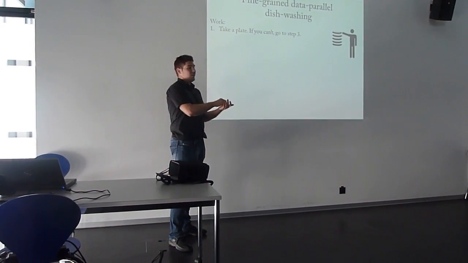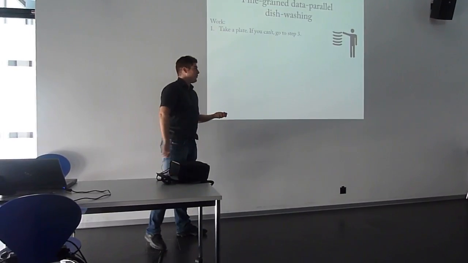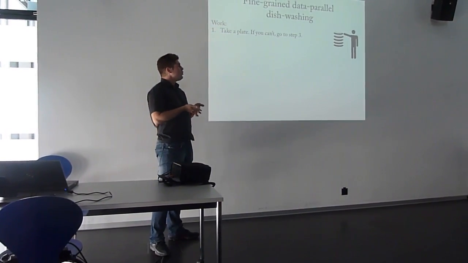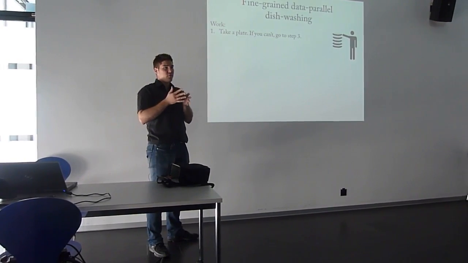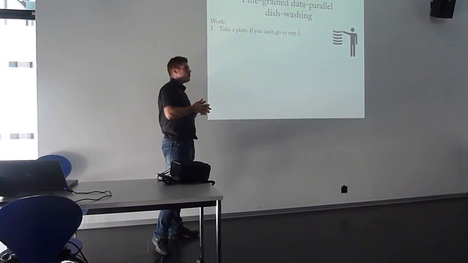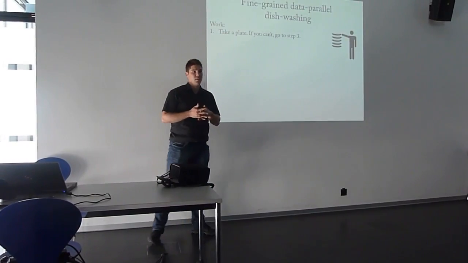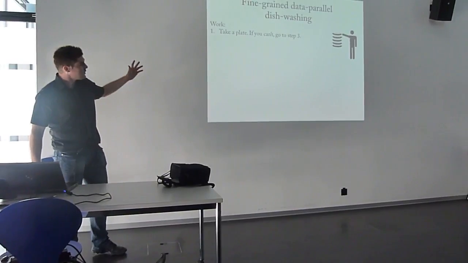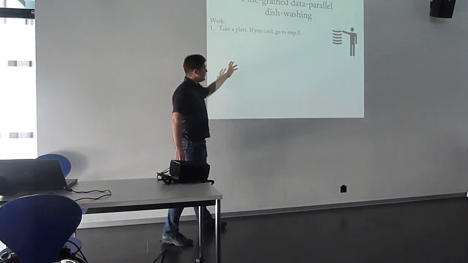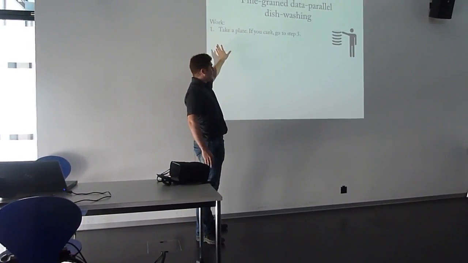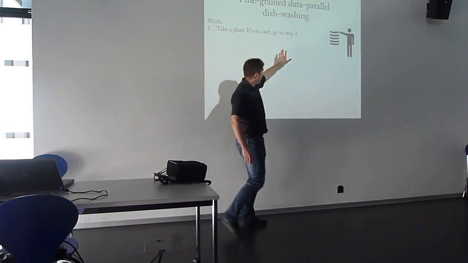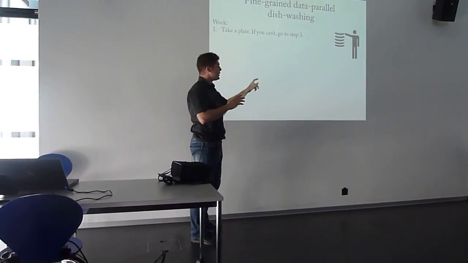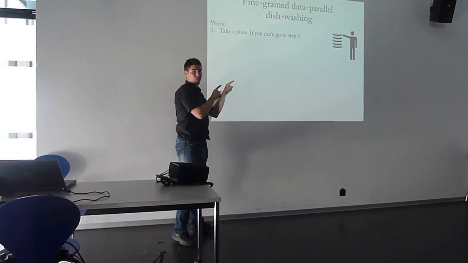You don't want, instead of washing the plates, to write a lot of notes to synchronize between each other to take the next plate. So what you really want to do is communicate and synchronize using these braille notes, but do it as little as possible, and ideally not at all, or only once. And so here's another idea. In this idea, they're going to use the braille letter, and I'll show shortly how. It starts with the fact that they don't share the plates at all. Initially, all the plates belong to one worker, only one.